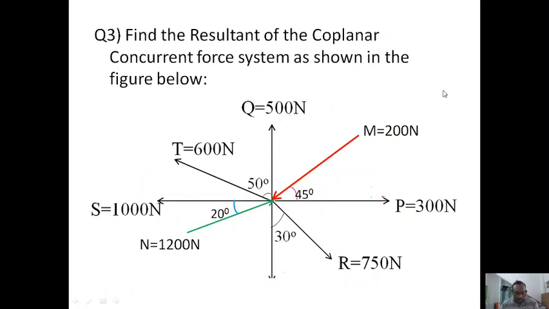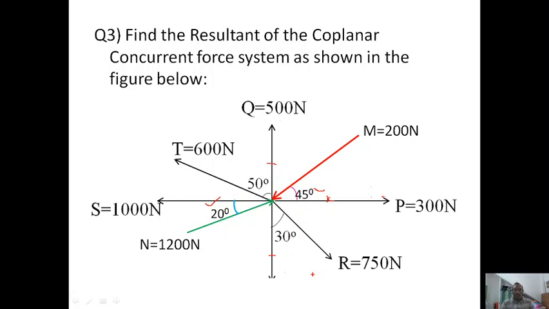Now I want to give the solutions for the yesterday session problem. In that session we discussed how the angles are given. So this 45-degree is with respect to the x-axis, and this 20-degree is also with respect to the x-axis, but the 50-degree is with respect to the y-axis, and 30 degrees with respect to the y-axis, right? So this is the combination of the angles given.